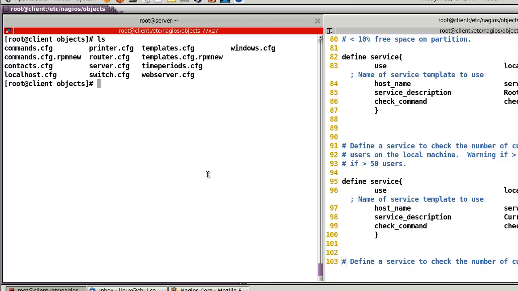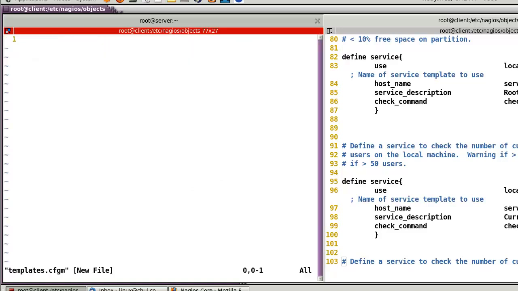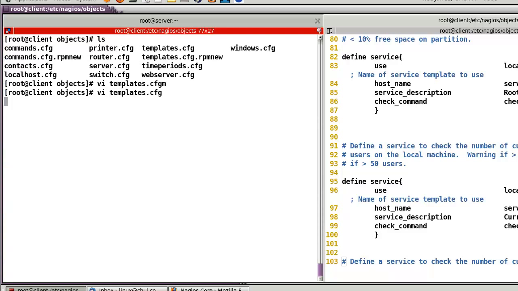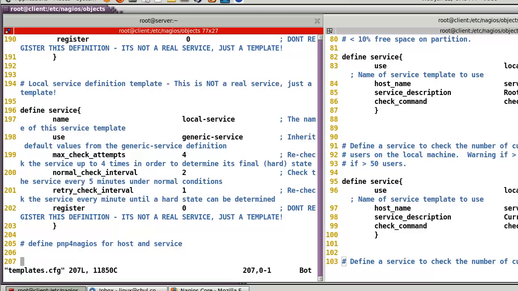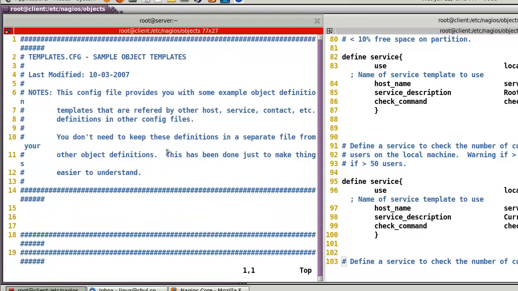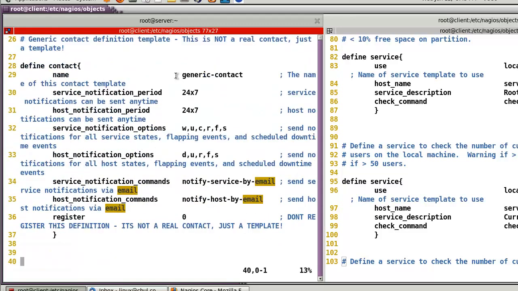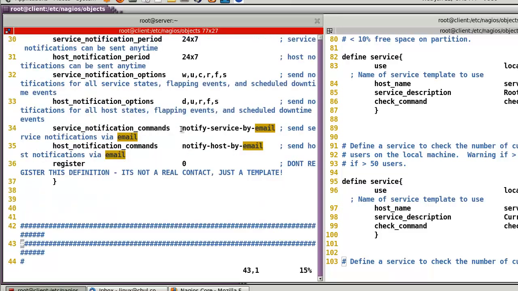And after that, let's go to the template. Oh, sorry, here vi template. Okay, so here let's check this kind of notify. First one, let's check the generic contact. So generic contact has notify service by email and notify host by email like this. For this kind of service notification option and host notification options, this one will send the email. And